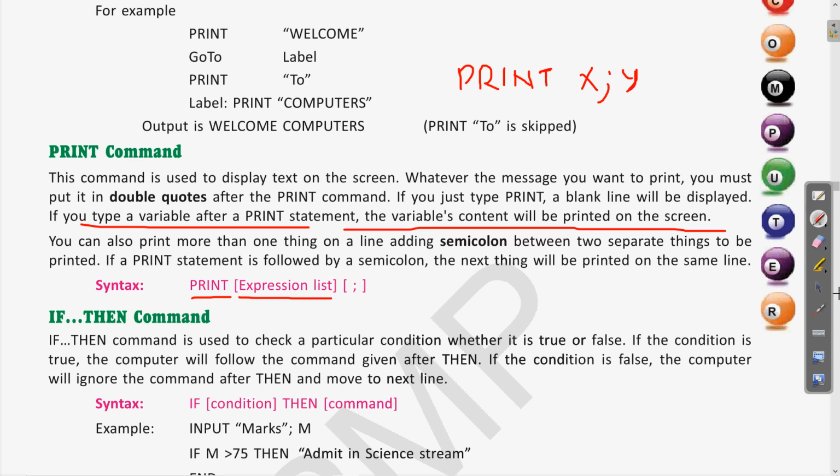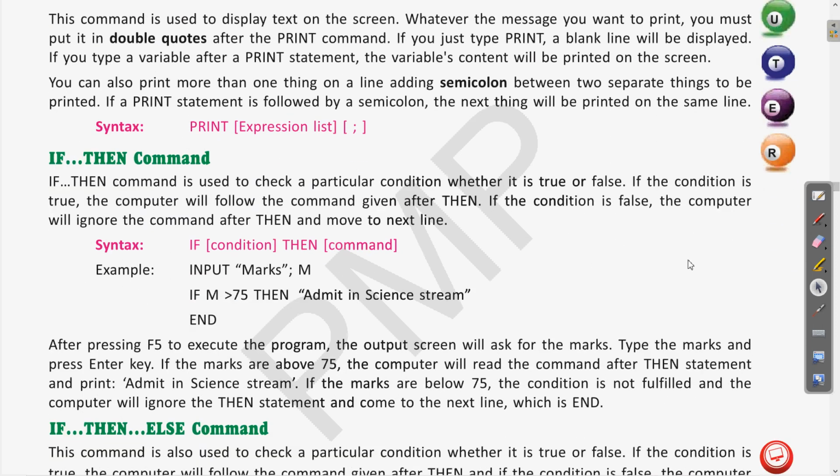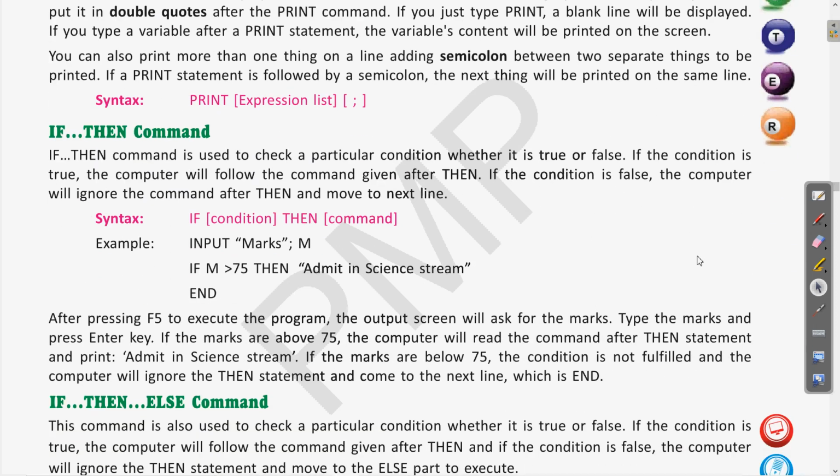Clear? Now coming to the next command, that is the if then command. So what is the if then command? If then commands are the condition commands. Using these we can write some conditions. Let us read this first. The if then command is used to check a particular condition, whether it is true or false.